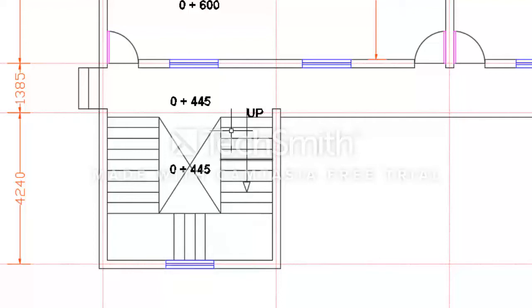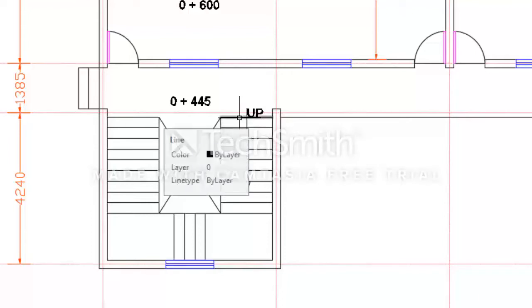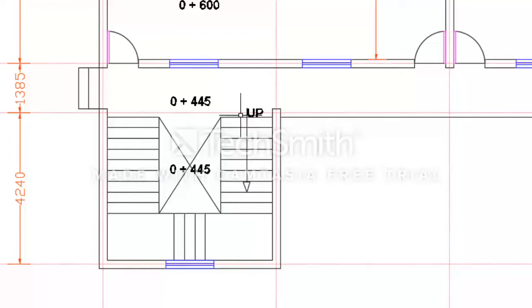So 10 risers, and we know that the height of each riser is 155. So the total height, the change in elevation from the ground floor to this first quarter landing, is 155 times 10, where 10 is the number of risers from the ground floor to the first quarter landing.